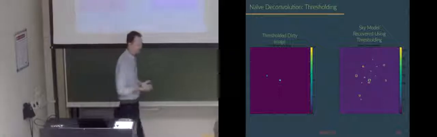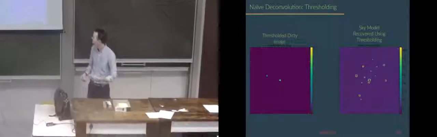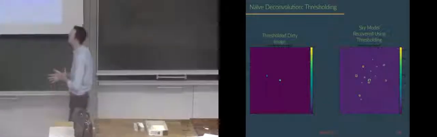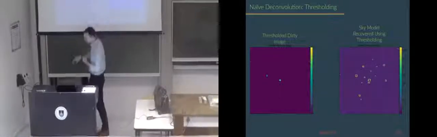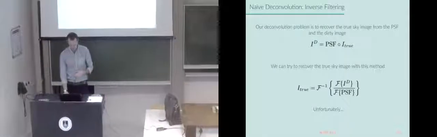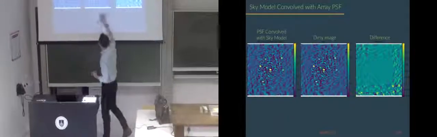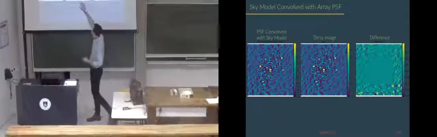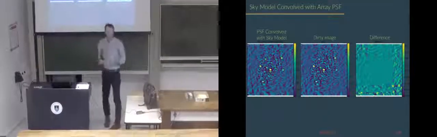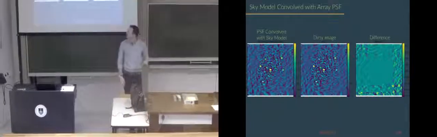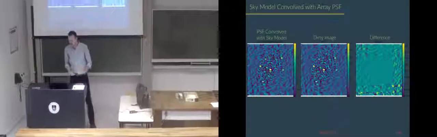So you can think of something a little bit more complex. Let's think a little nicer. Let's go back and take a look at this image. This is what we want to start with, and we know these bright little blobs are somehow sky sources, right? I mean, that one in the middle relates to some element of the sky model.